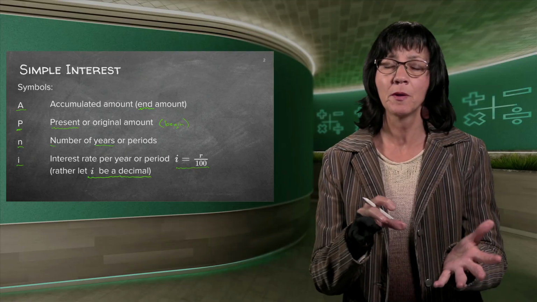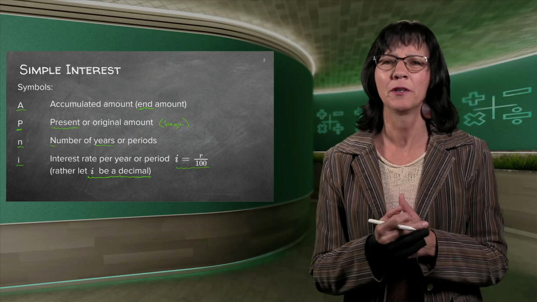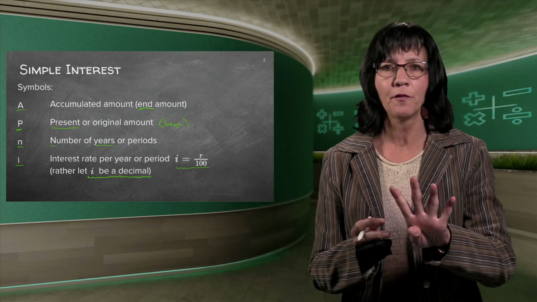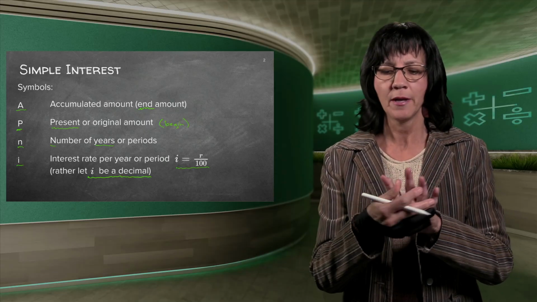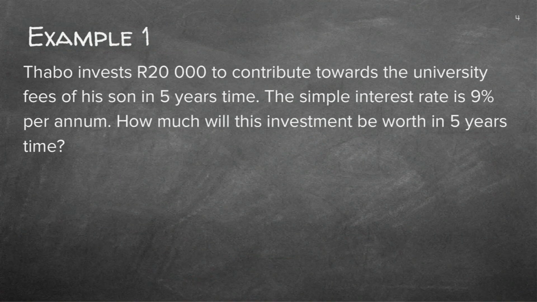Once you've got the formula, remember these formulae are in Matric, they are on the formula sheet, but you will know it very well by the time we get there because you're going to use it millions of times. So there are always 4 variables, 3 will be known, and the 4th one will be the one that you need to work out. So as we read through the problem, we underline and we write down which symbol they are talking about.